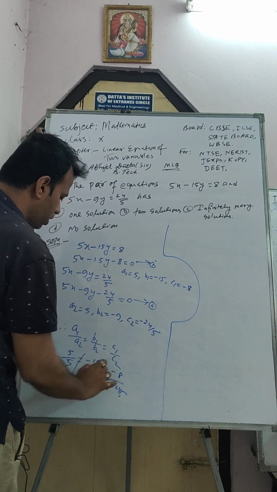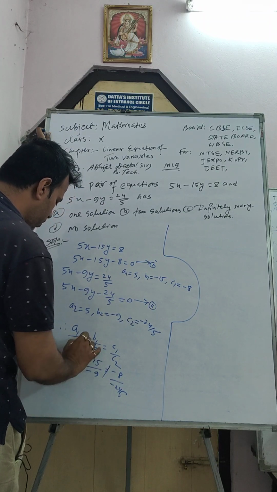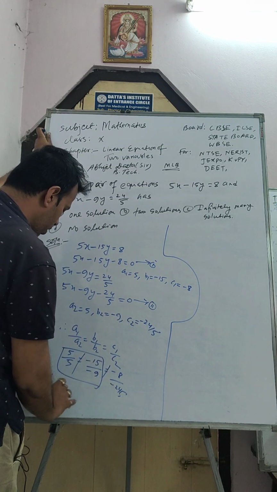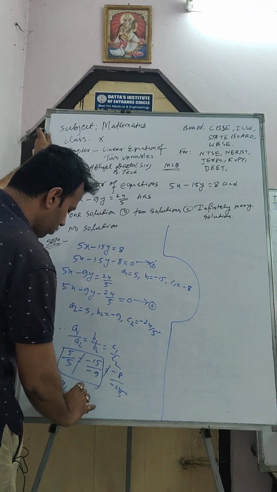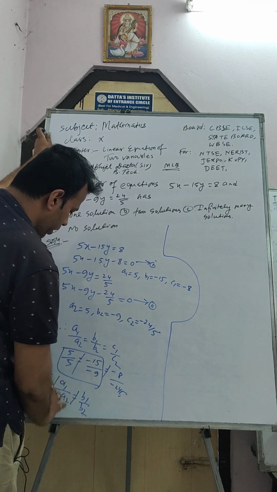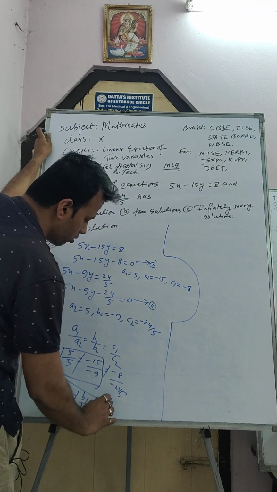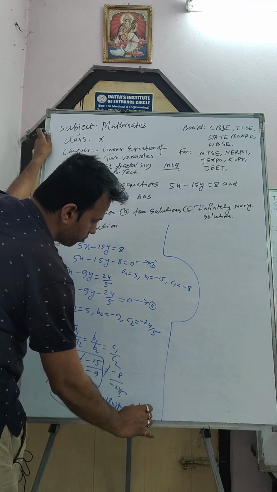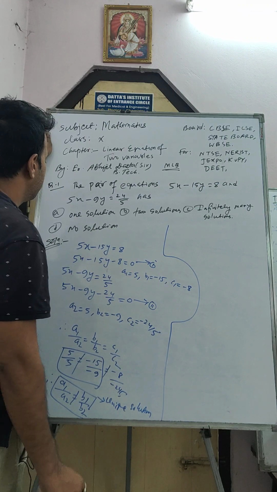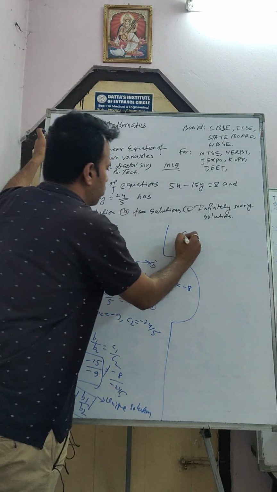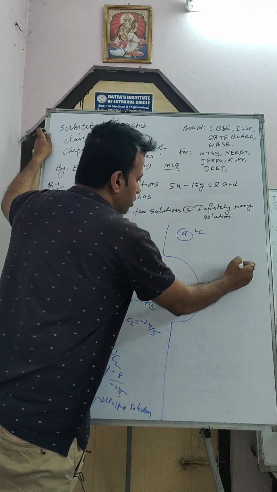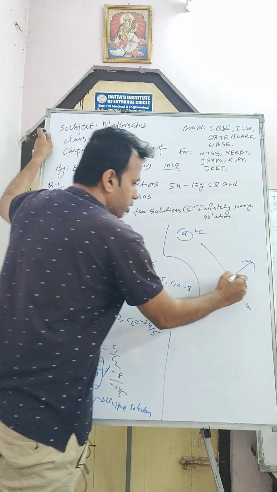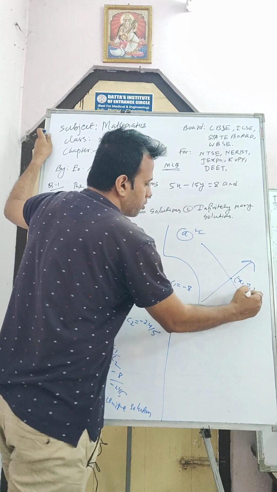So these are not equal, so from the division we can say a1 by a2 is not equal to b1 by b2, and this is the condition for a unique solution, that is, one solution will be there. So which option is correct? One solution. Option A is the correct answer, that is, the two straight lines intersect at a particular point, so there will be one solution, that means (x1, y1) will be there.